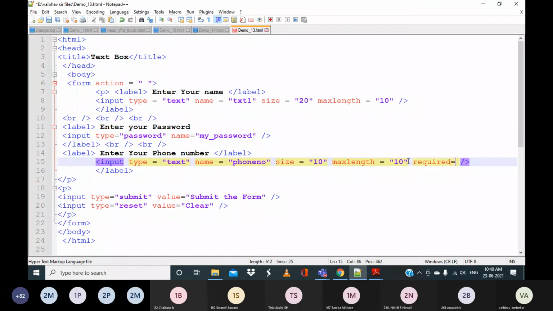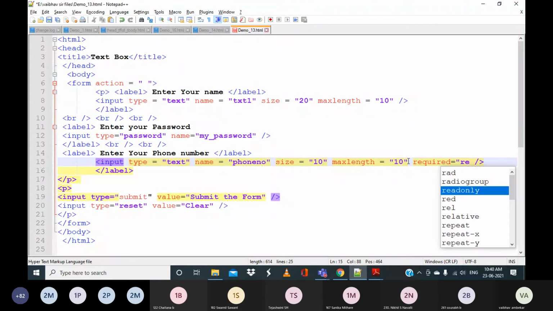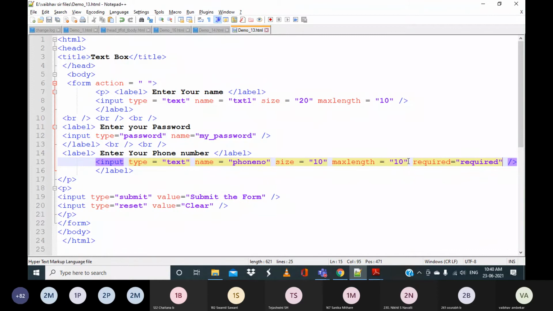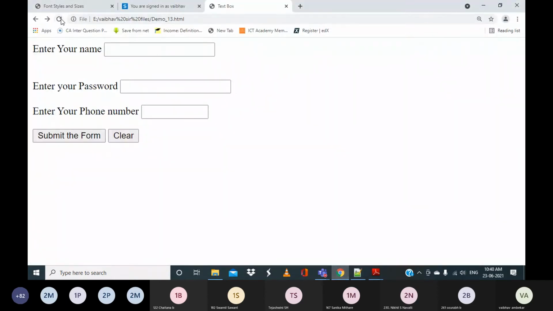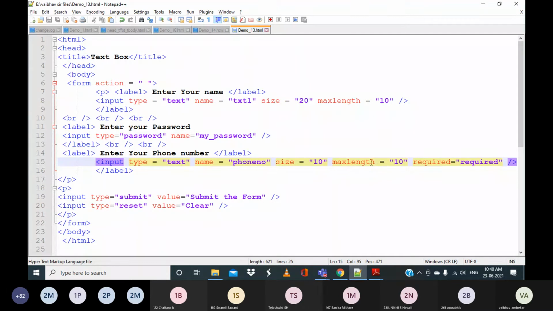So we'll keep this as required equal to required. You might have observed that if you click on the submit button, it will say please fill out this field. That means without this field you cannot go further. And how many numbers can you enter? You can enter only 10 numbers, because we have mentioned the maximum length as 10.